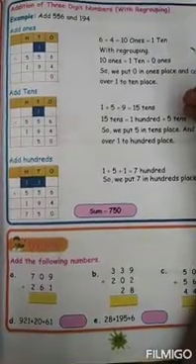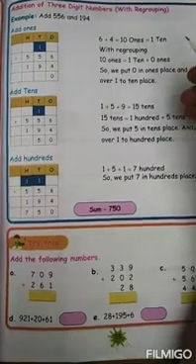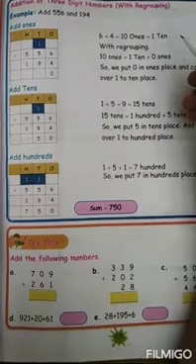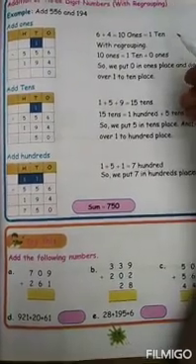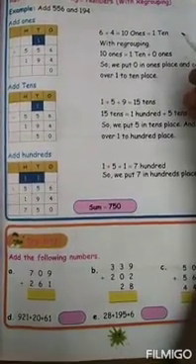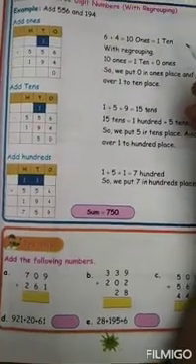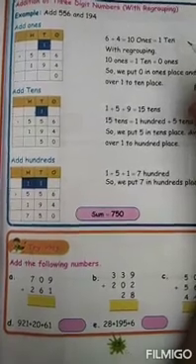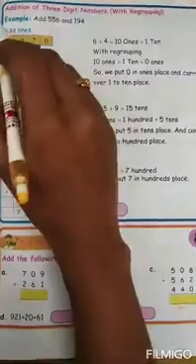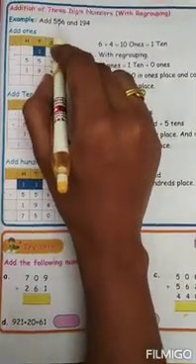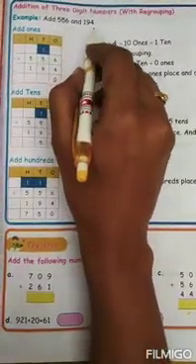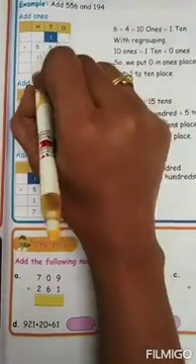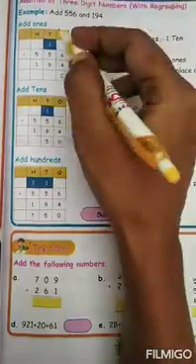So today we'll start the next session about addition of three-digit numbers with regrouping. On that day we have seen addition without regrouping, and today we'll see with regrouping, and basics on subtraction. Okay, children, so first we'll see the example. Add 556 and 194. See how they have added. See here, the step-by-step process is given.